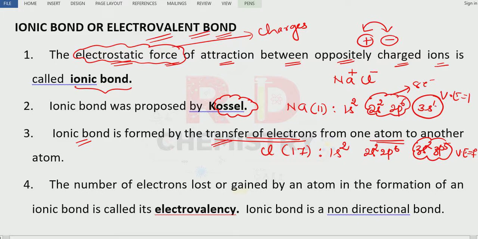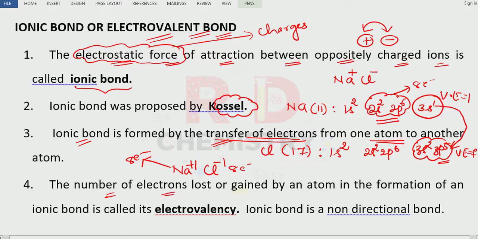It has to transfer electrons, correct? Now, one electron can be transferred to the valence shell of which one? The chlorine atom. Therefore, in the previous shell of the sodium, we'll have 8 electrons. Then the outermost shell of the chlorine will have 8 electrons, correct? So, sodium has to lose 1 electron, therefore plus 1 charge. Chlorine will gain 1 electron, minus 1 charge. Therefore, in the outermost shell of each sodium ion and chloride ion, there are 8 electrons. Therefore, the octet is complete.